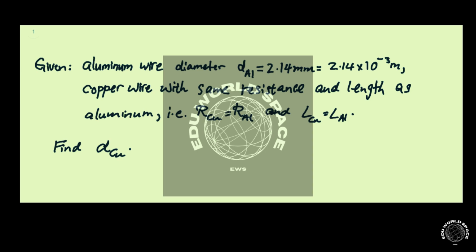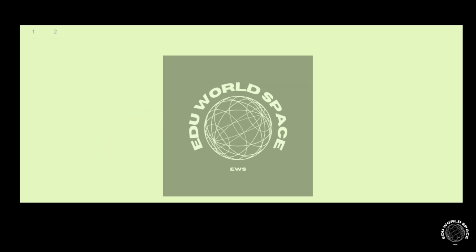And we're asked to find what diameter of the copper wire will satisfy the same resistance and length as the aluminum wire with a diameter of 2.14 millimeters. So I'll actually solve this on the next page. And we will use equation